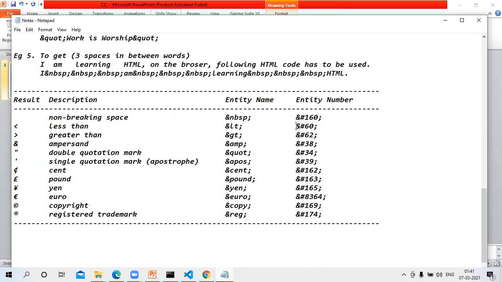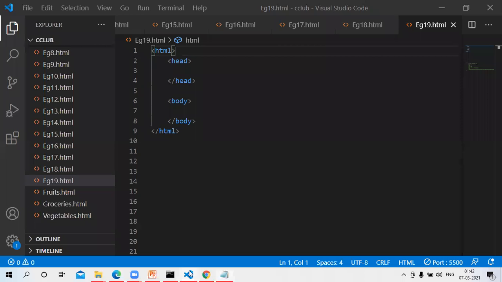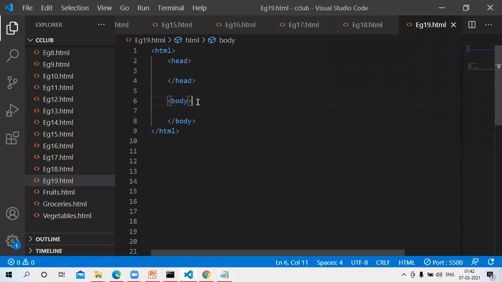So you can use it like this also, but it is somewhat easier to use the names rather than the numbers. This table gives you all the details, like the symbol you get on the browser. For example, this is the pound symbol, and to get a pound, ampersand pound and semicolon.